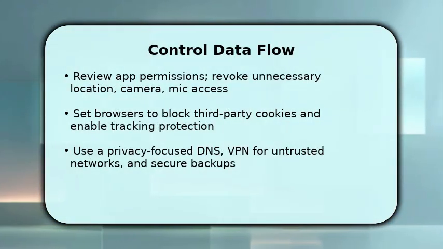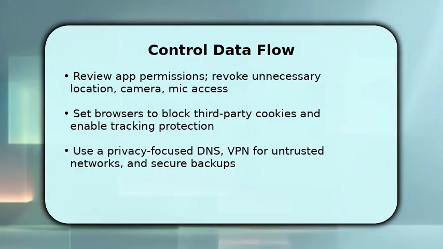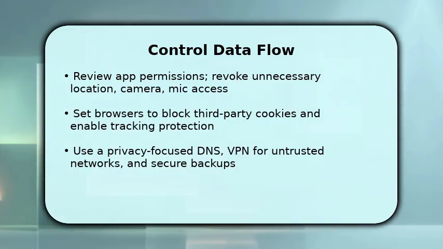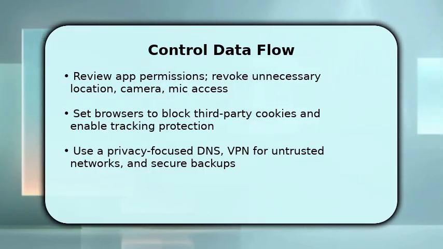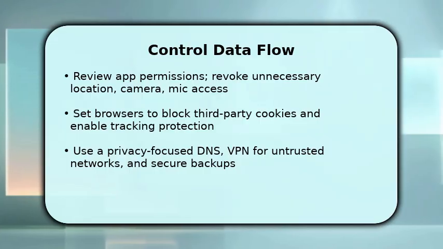Next, stop unnecessary data leaks by auditing app permissions. Revoke access to location, camera, and microphone unless essential. Once done, harden your browsing by blocking third-party cookies and turning on tracking protection. These reduce cross-site profiling. Make sure to route untrusted network traffic through a reputable VPN and use a privacy-focused DNS